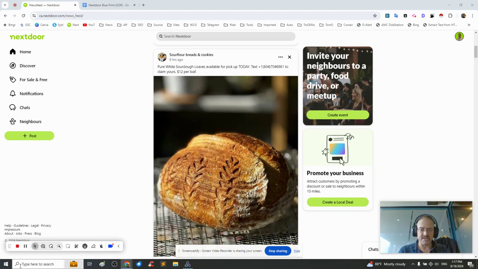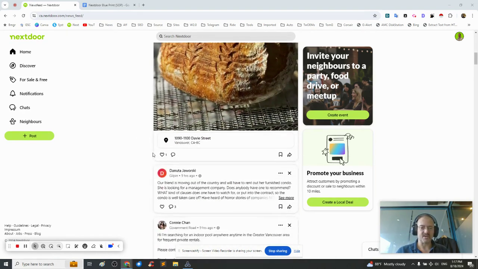So before we dive in, I'd like to see again this wonderful bread loaf. Makes me hungry actually. But now let's see